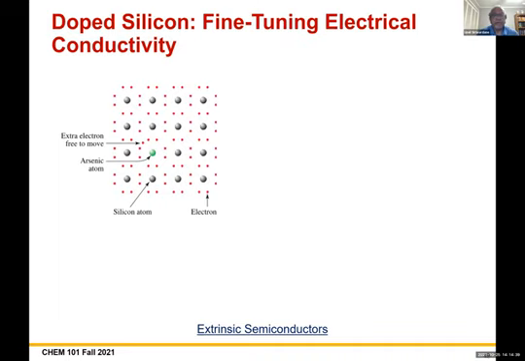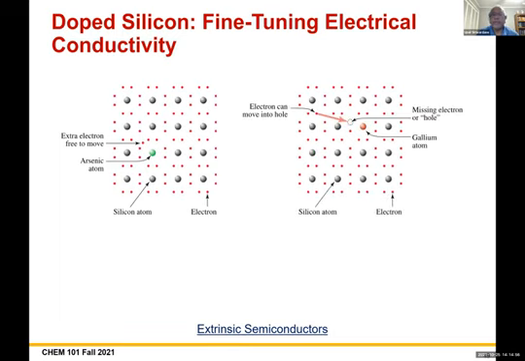They have one more electron. Therefore, they bring into the silicon lattice one more electron. Therefore, they are called N-dope, negatively doped, adding electrons. You can also use less electrons, gallium,